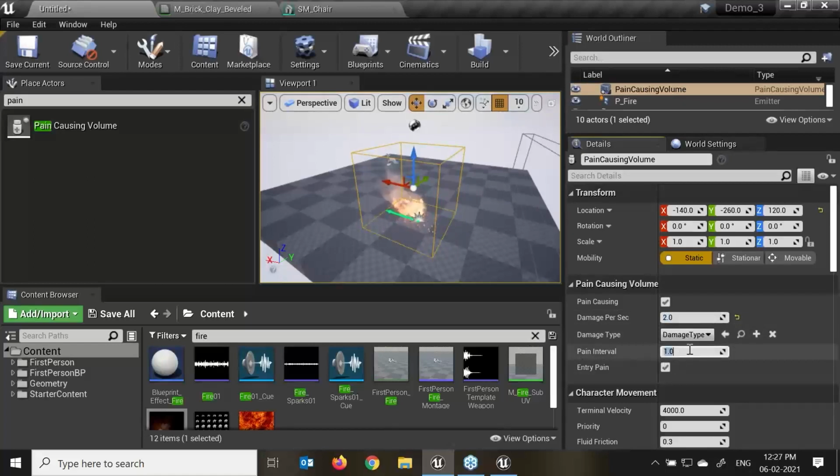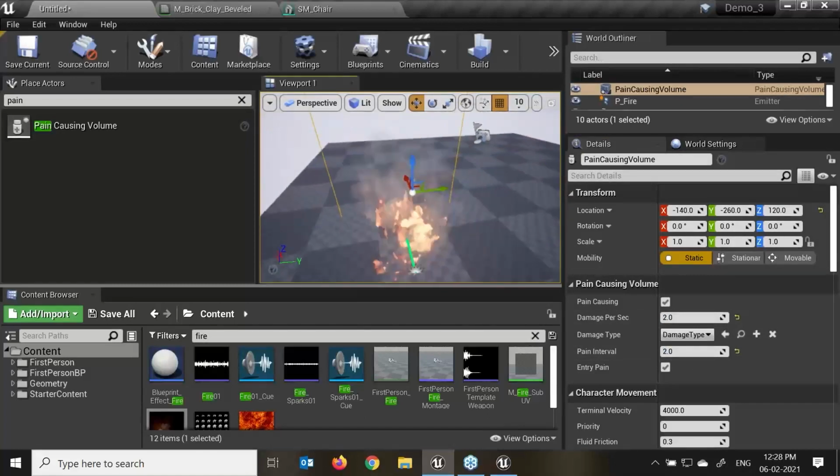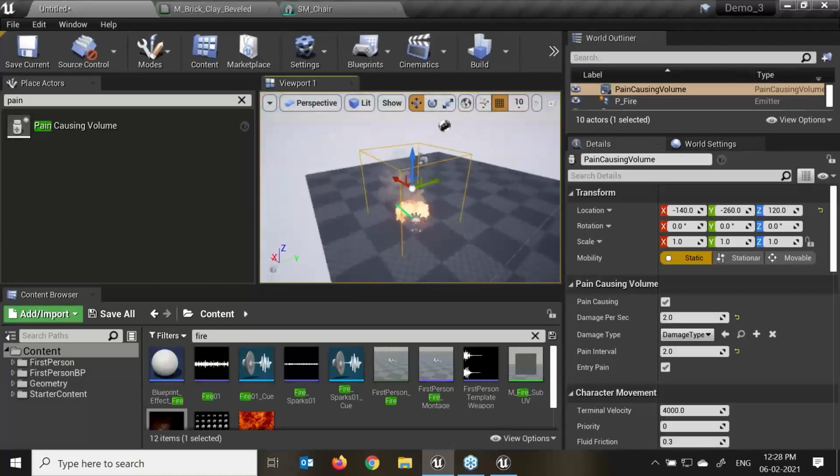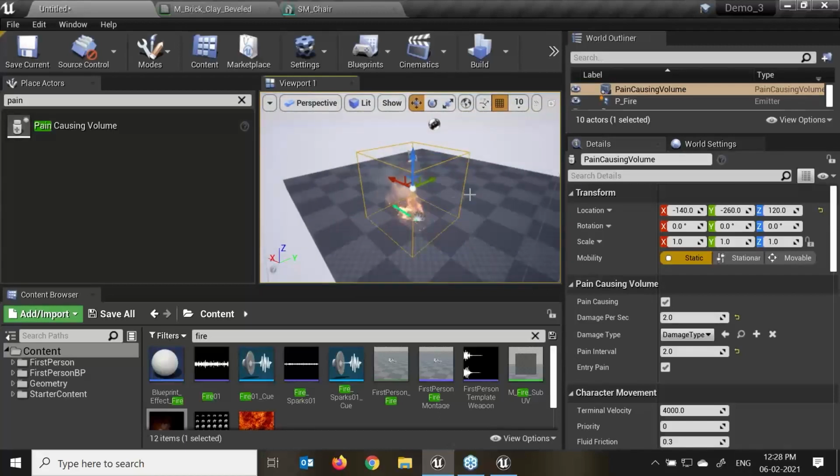Pain interval is after 2 seconds. If I'm continuously staying in that particular area, slowly my life will get over, right? So this is the pain causing volume.